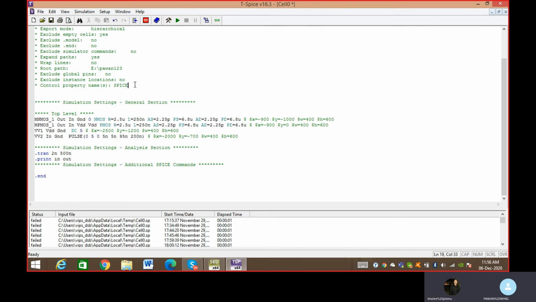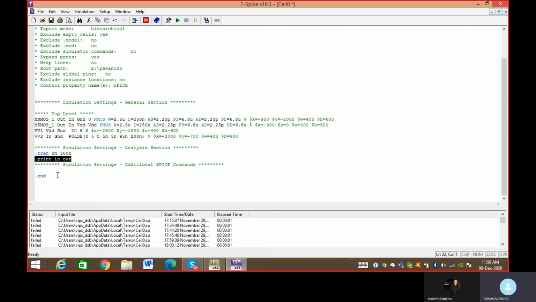Now, what is the function of print, sir? What does .print in out mean? If you do not write this, then only the analysis will take place. It will not show you the output.